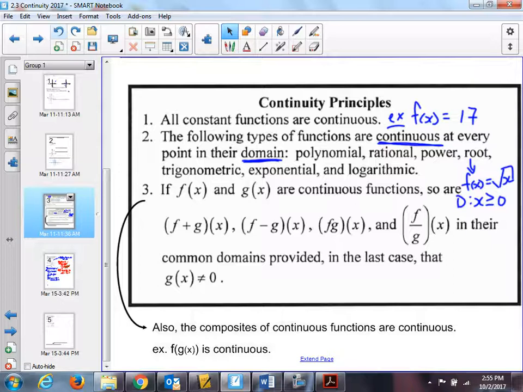Now, with a rational function, you might be thinking, what? So if I say g of x, I'll take the easiest one, 1 over x. You know this graph, right? Horizontal and vertical asymptotes at 0, the axes. But what's the domain restriction? It can't equal 0. So 0 isn't in the domain. It's continuous everywhere else, so in its domain. Do you guys understand now why